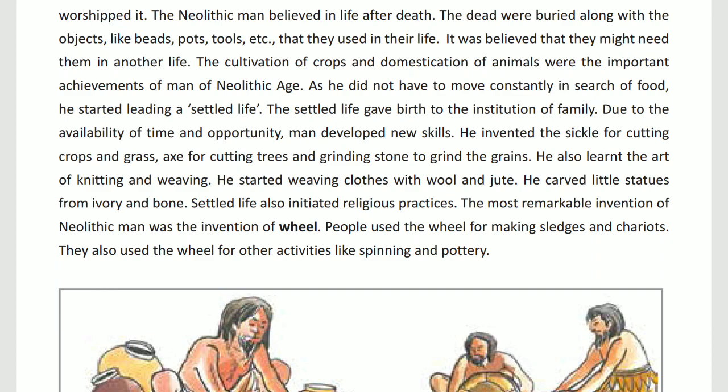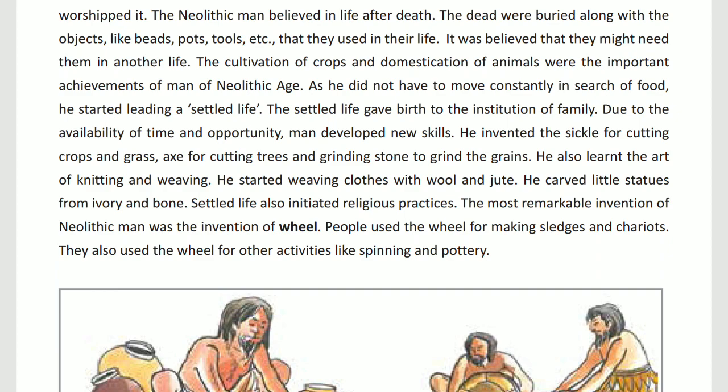As he did not have to move constantly in search of food, he started leading a settled life. Now they also started their settled life. Now they don't move from one place to another. The settled life gave birth to the institution of family. Settled life होने के बाद family बनने लगे, and due to the availability of time and opportunity, man developed new